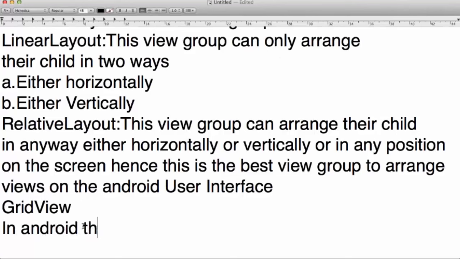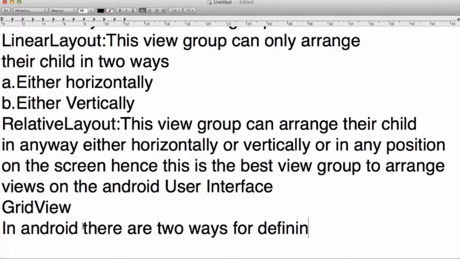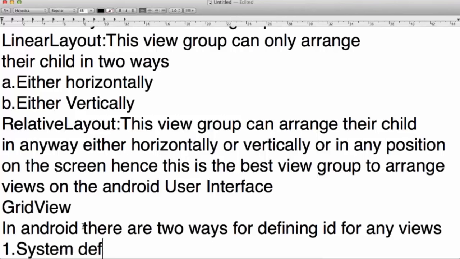Here you can find out one thing in the button. There is something called ID. You are getting my point? See the screen. Just like Android layout margin top, Android width, Android height, Android text, Android background, there is another attribute called Android ID, right? Android ID is just like a name for any view.